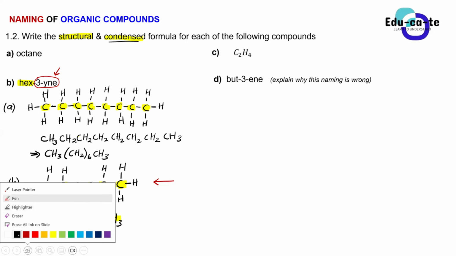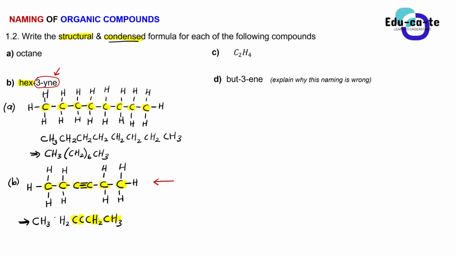What about compound C? What is the structural formula for compound C? Yes, Sam? I say in the homologous series we have alkanes, alkenes, and alkynes. Therefore, I say it's an alkene also. Why do I say that? Because of the CH2, it has a double bond in between. Therefore, I have hydrogens by 4.